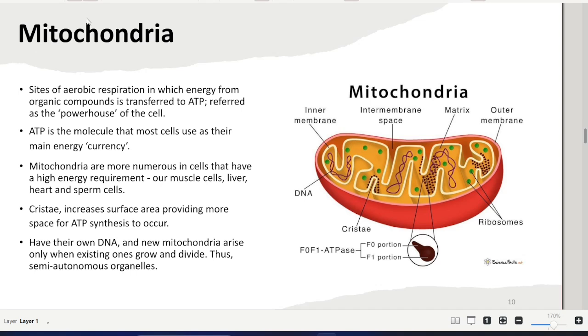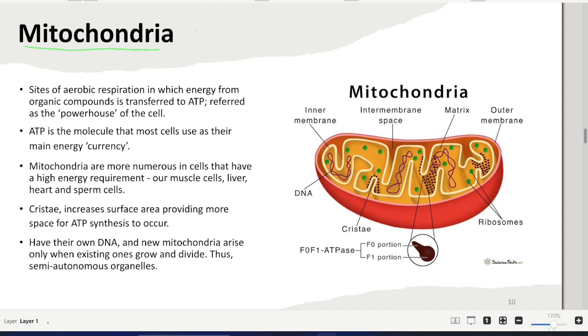Today we are going to discuss an interesting cell organelle found in the eukaryotic cell, that is the mitochondria. So, mitochondria